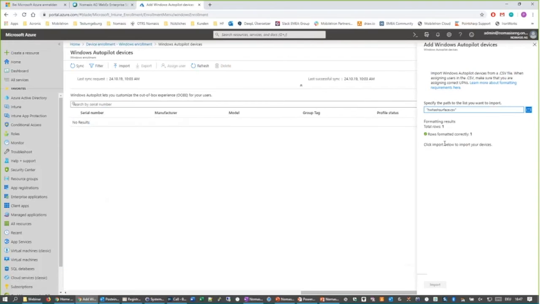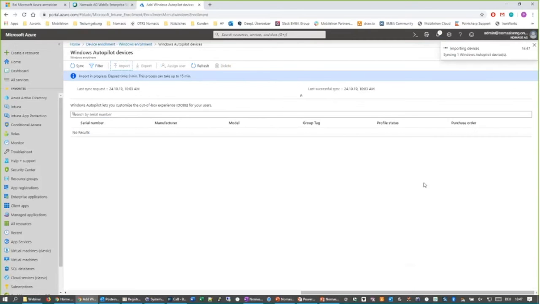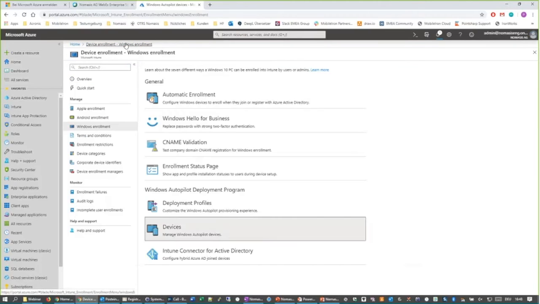It says already, okay, there is one row in it which can be used. Then I can import it, and it will take some time until the device is imported. During this time, I can already continue